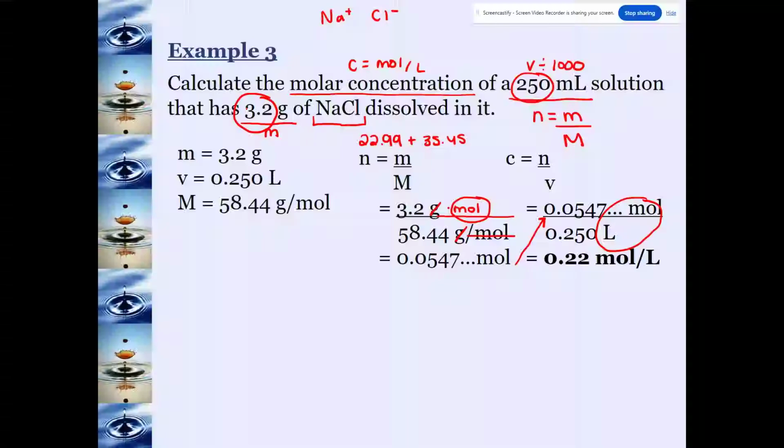The lower is 2, so I can only have 2 digits in my answer. When you do this calculation, let me just do it really quickly: 3.2 divided by 58.44 divided by 0.25. Yes, we get an answer for our C of